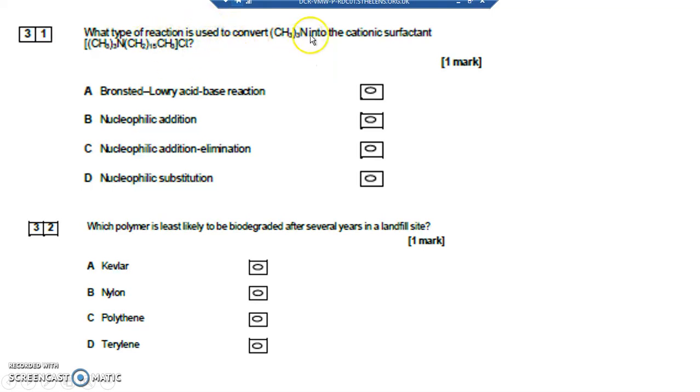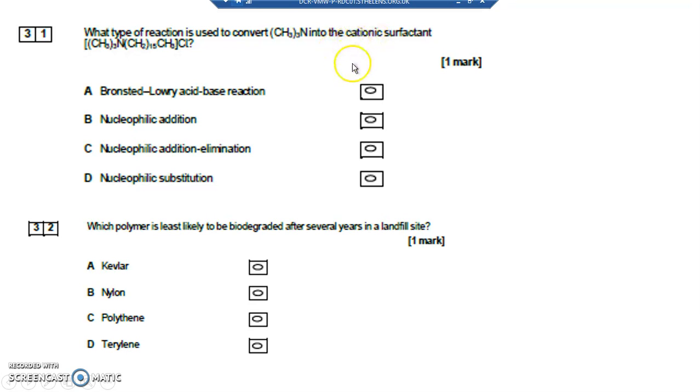Question 31, a tough question here. When you get any kind of amine, this is a tertiary amine, but any kind of amine with an N in it, either a primary, secondary or a tertiary amine, will react with halogenoalkanes. So haloalkanes like CH3Cl, something like that, and the lone pair of electrons attacks the C of the polar C